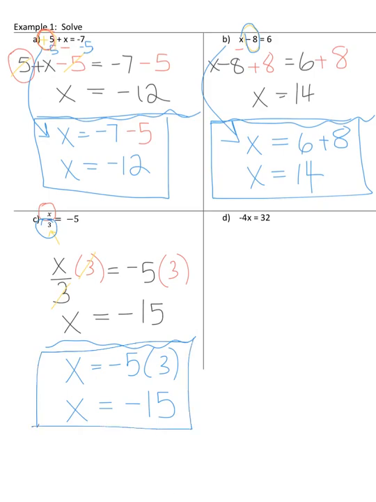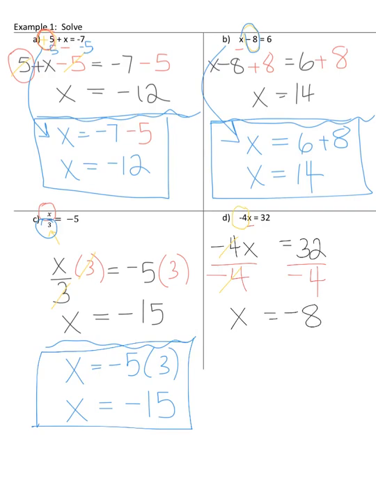Okay, let's try one more. Here we're trying to isolate the x. Okay, we want to move the negative 4. The current operation is multiplication that is going on between the two. So this is where we will divide the negative 4 to the other side, okay? And this is where in elementary school, a lot of times you write this, okay? These negative 4's cancel, and so you end up with x equals 32 divided by negative 4,